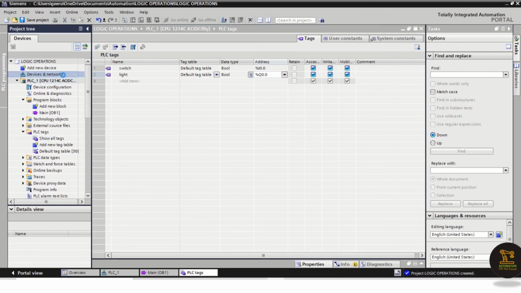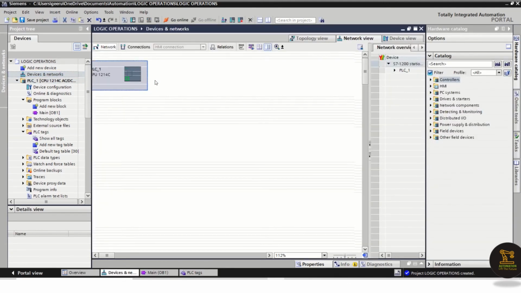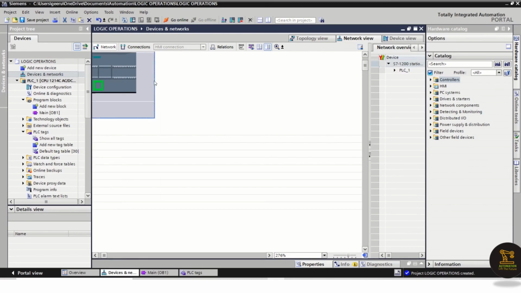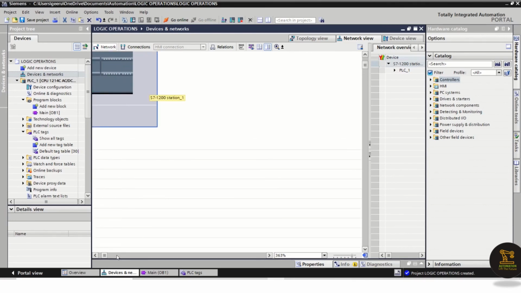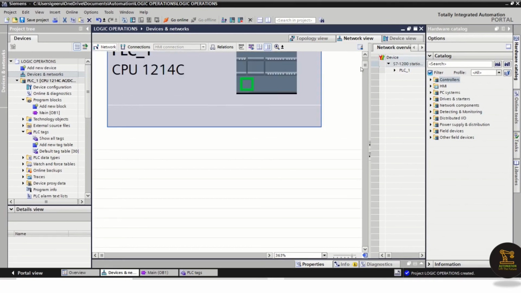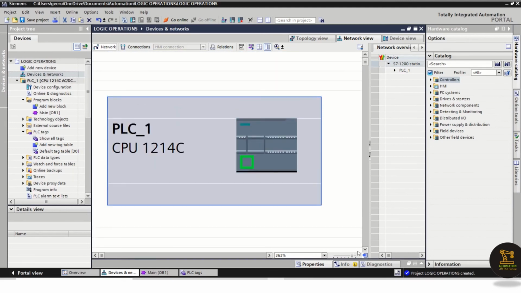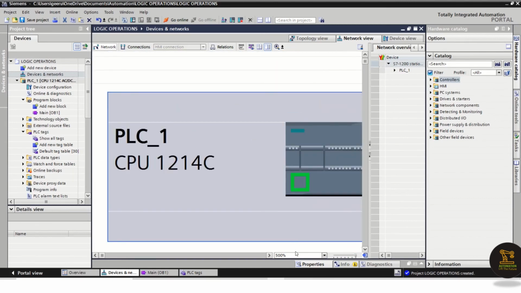Now again we will check this window. So either you can also zoom from here, okay guys.